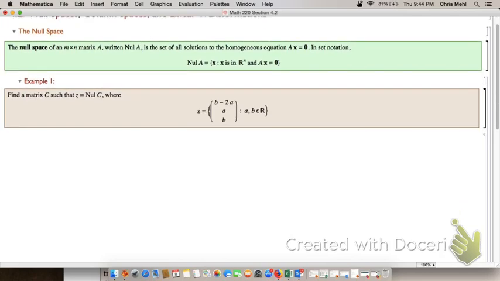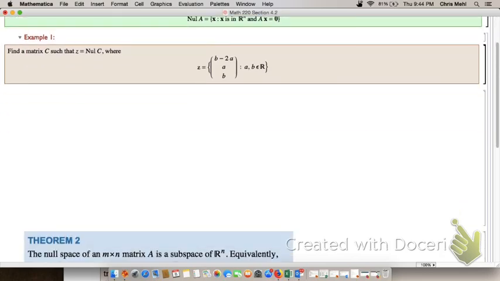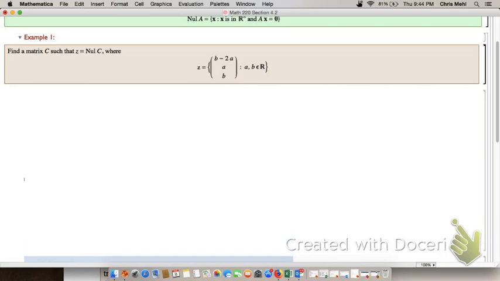Our first example here is we're going to be looking for a matrix C such that Z equals Null C, where Z is the set of the column vectors with entries b minus 2a, a, and b, where a and b can be any real number. So we want to find some matrix so that this set Z ends up being the null space of that matrix. The way that we're going to accomplish this is I'm going to take my set Z